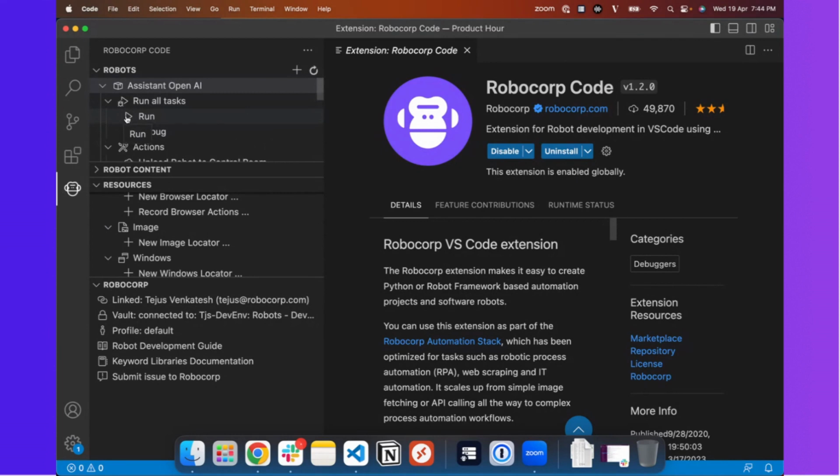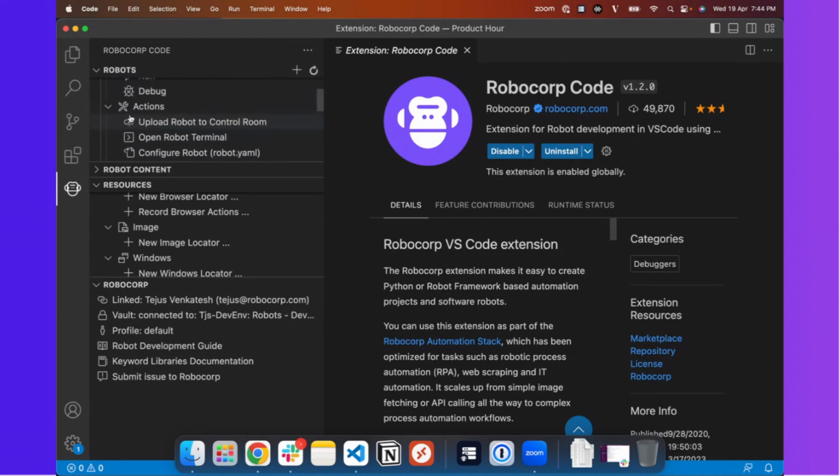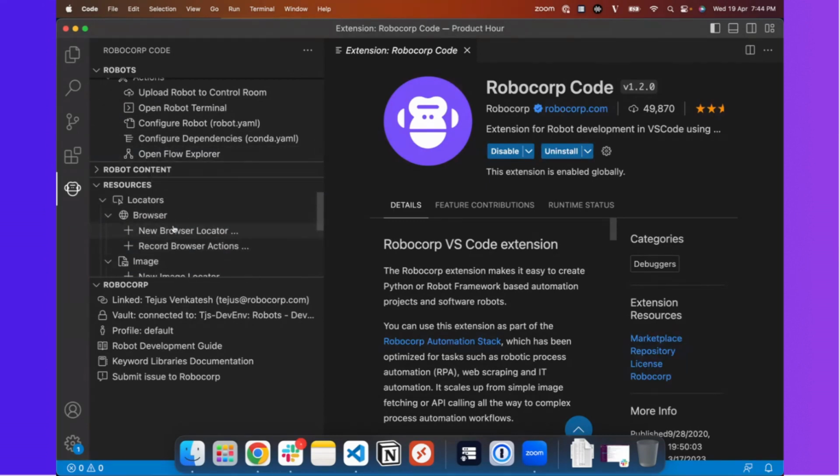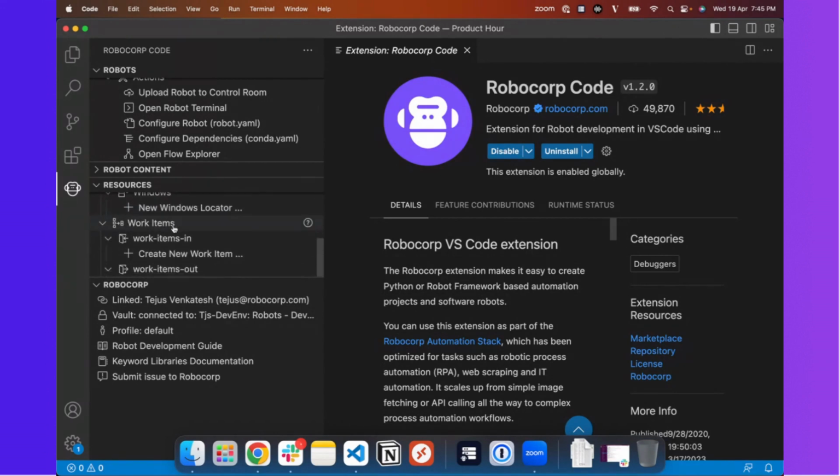You can run a robot or debug the robot directly, or you have the other actions of uploading this given robot to the control room, or open this robot as a flow explorer to visually see what you have built. And some of the other resources panels, which are the widgets like inspector tools, will help you capture the locators for your various elements that you interact with on the UI layer.